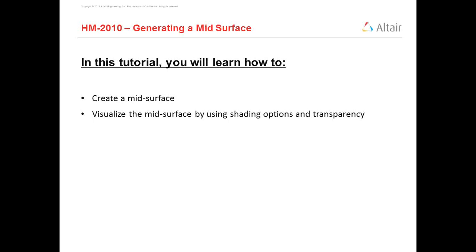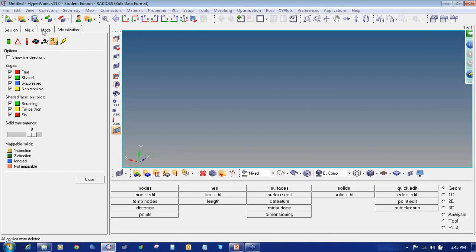Otherwise, if we provide the thickness, my geometry dimensions will change. That's why we cannot do 2D meshing on a 3D model. We have to create a mid surface, that is a 2D model, and then we do the meshing. So when we provide the thickness to 2D elements, it will capture or simulate the 3D elements. So we will see how to create the mid surface.